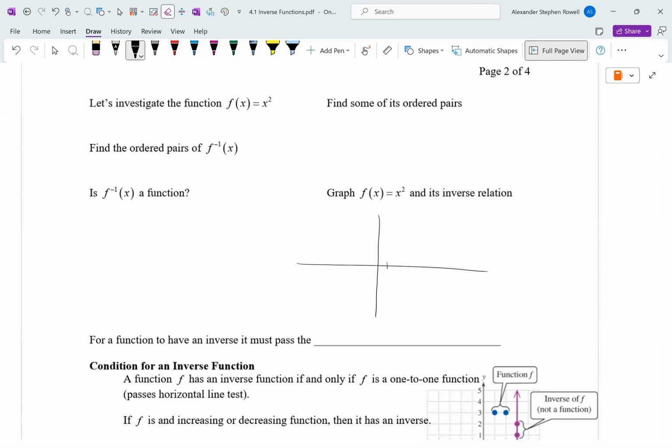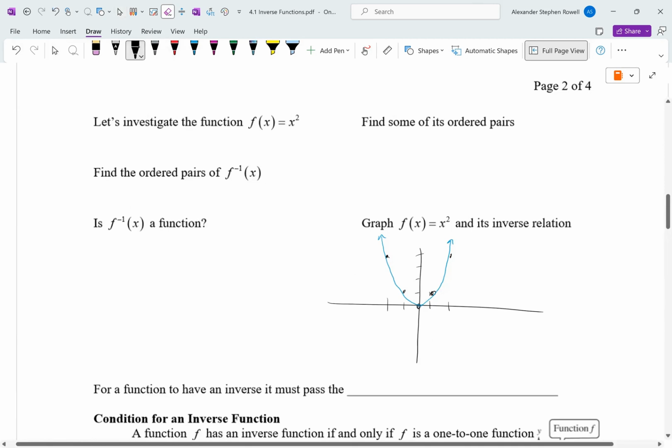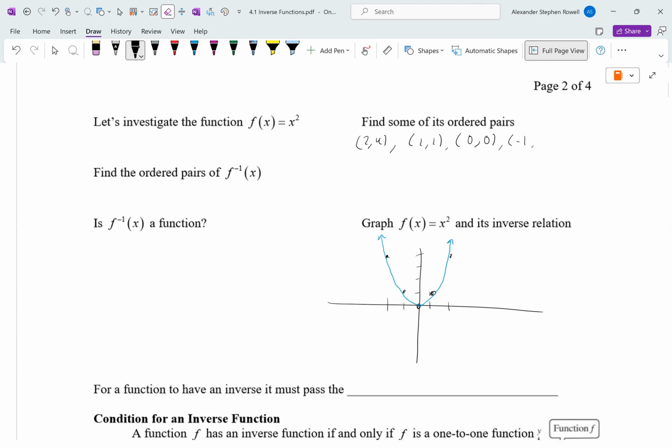I'm going to graph it. Okay, that wasn't a scribble, though. That was just a line. All right, does that look familiar? So these ordered pairs are like what? 2 squared is 4. 1 squared is 1. 0 squared is 0. -1 squared is 1. -2 squared is 4. Okay, so if I wanted to graph the inverse,